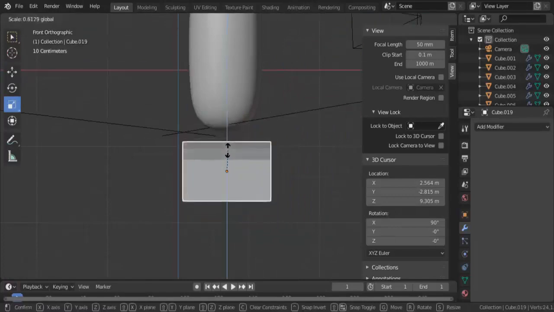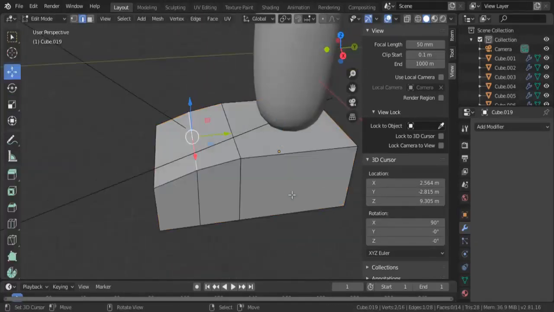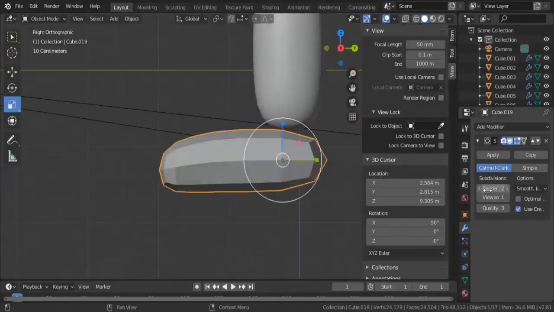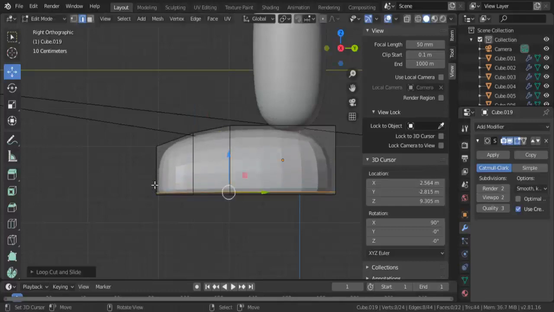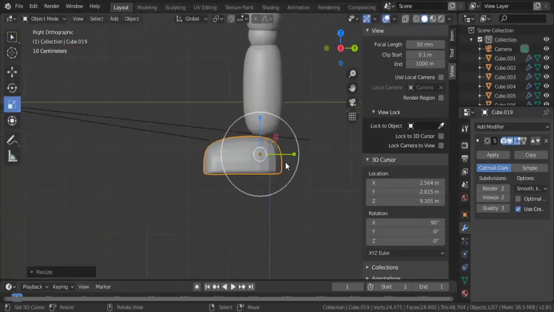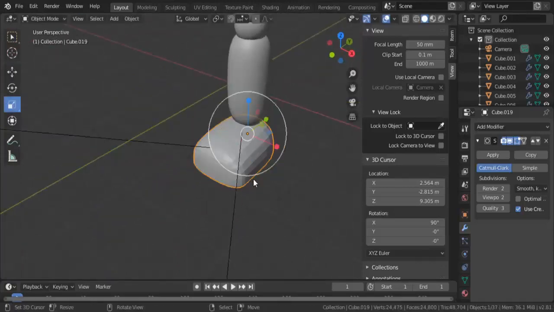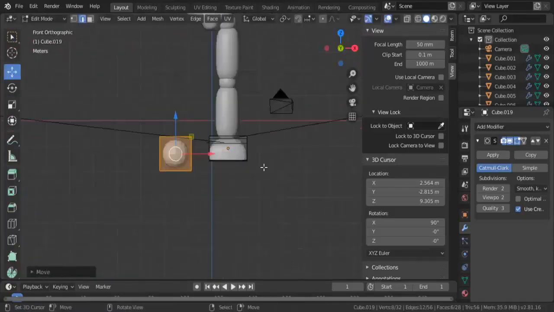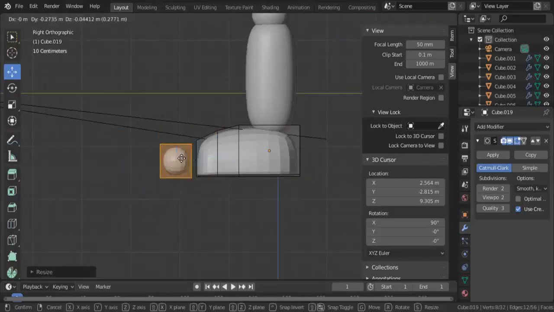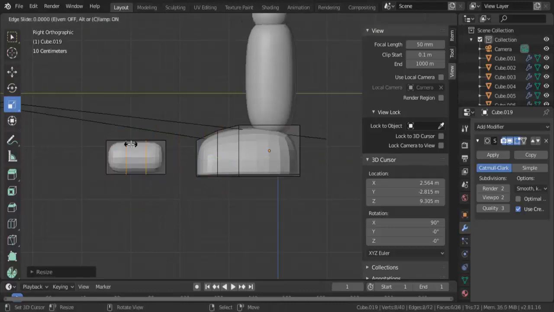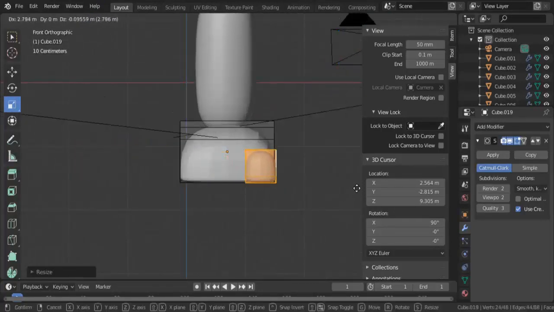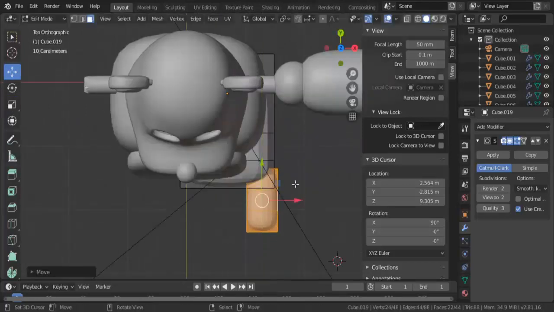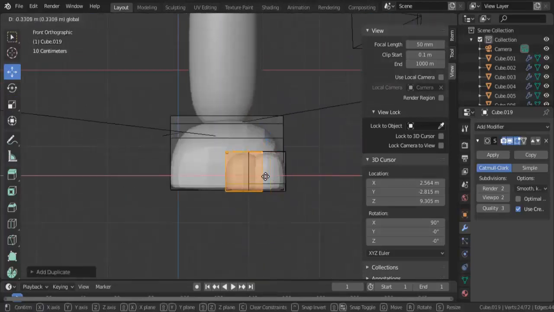Put it like that and loop cut right here. There. We're gonna size this down. And then subdivide it. Now it's a little bit wonky because we're gonna loop cut on this side, and then there you go. We're almost there. There you go. Now we want to make another cube in edit mode, also subdivided. Gonna extrude in two loop cuts and then loop cut right here. There you go. Place it on his feet to make his little